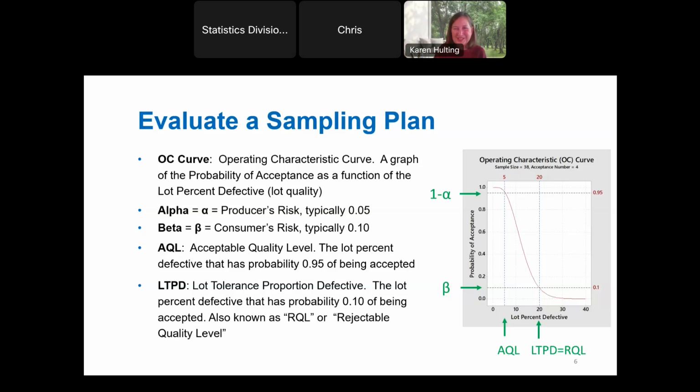We'll see some other OC curves very shortly where it's a little hard to tell where the curve starts dropping down from 1 down to 0 and where it flattens out. This curve, we can really see that. We can see a point at the top where it's a little bit flat, so it's up in this area where it's flat at the top, and down this area where it's flat at the bottom.